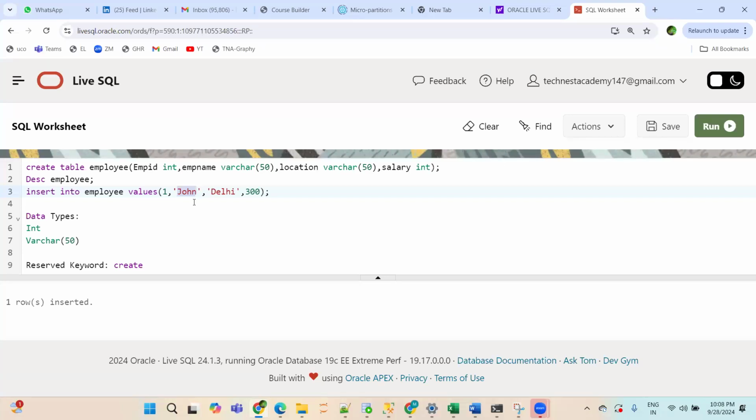What about Delhi? Delhi is also in inverted quotes. So the columns in which it's varchar, meaning where you want to store alphabets, that has to be in inverted quotes. If you do not keep it in inverted quotes, it will throw an error message, and I will show you after this.